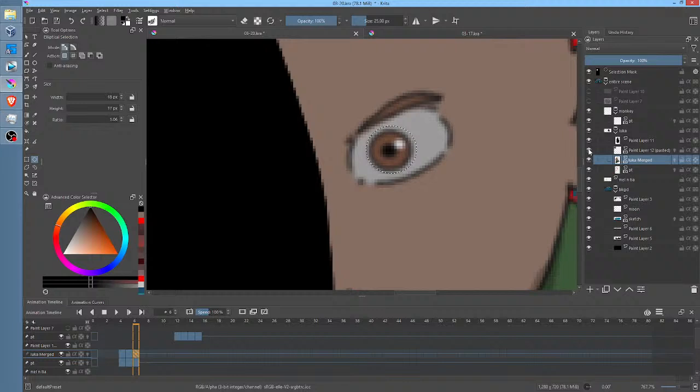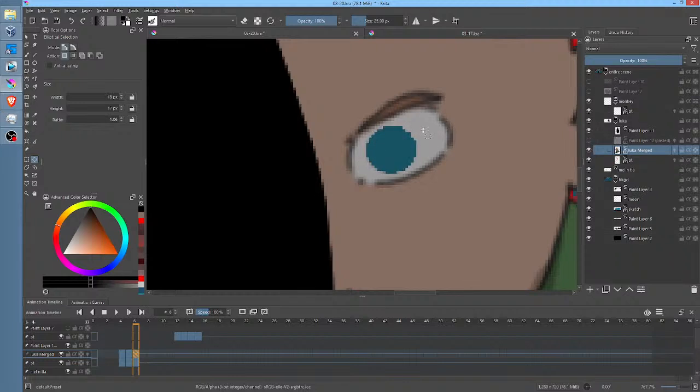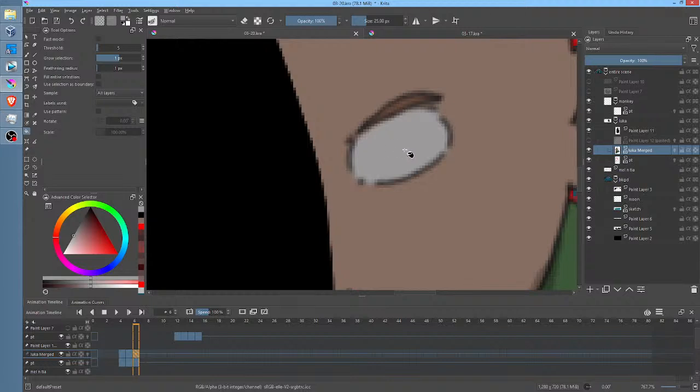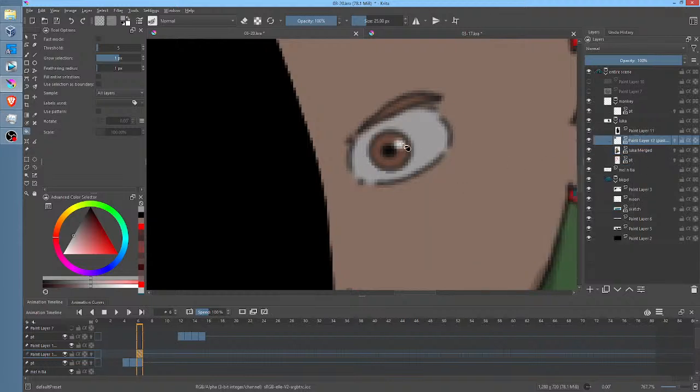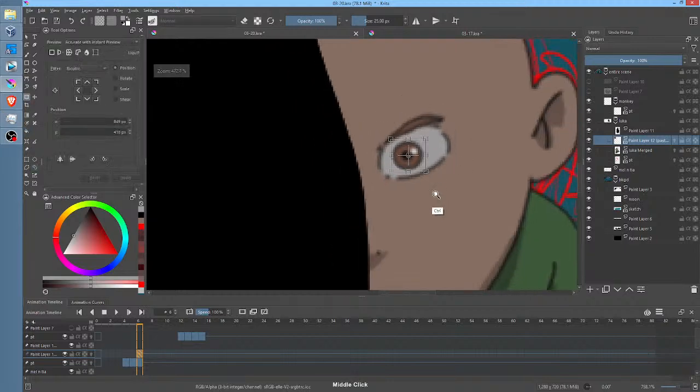So now what we can do is erase that eye. Control Shift A, so we've selected all, and then we'll hit the F key for the fill tool, sample the background, and fill in his eye like that. And now we've got the ability to really fine tune, hit the A key.